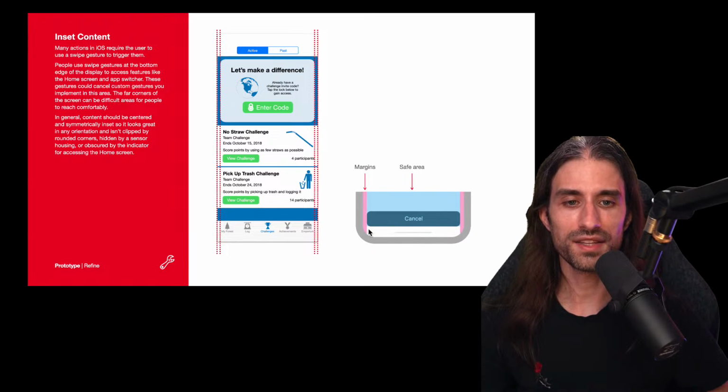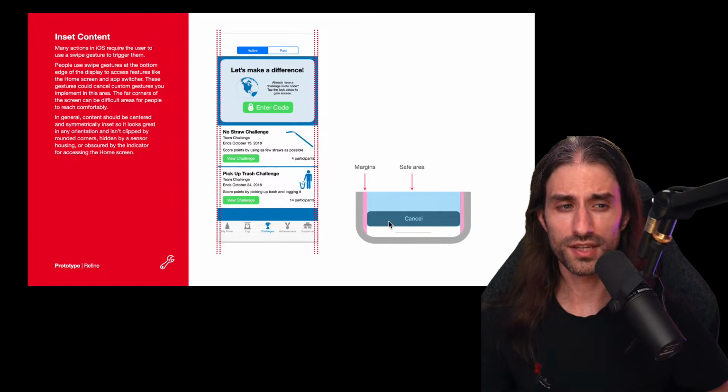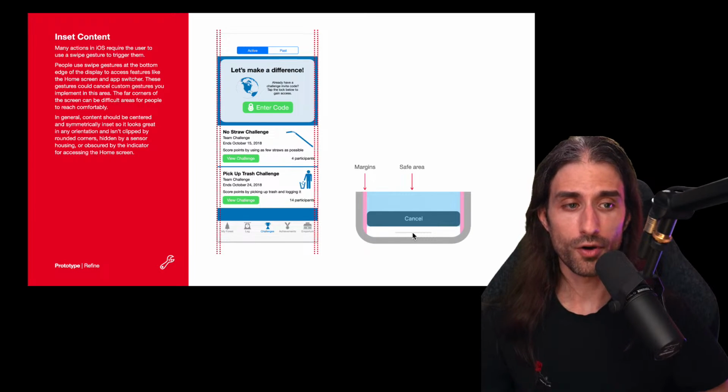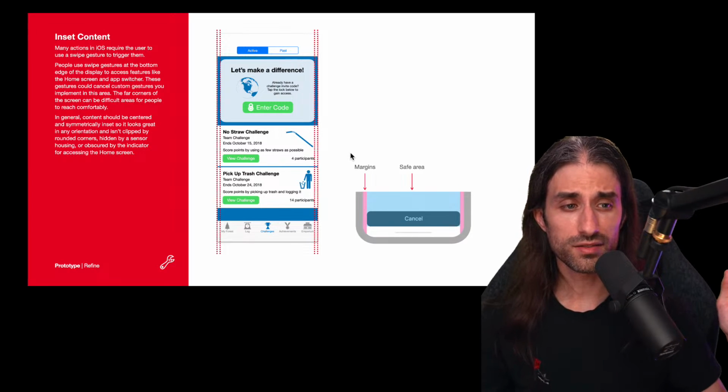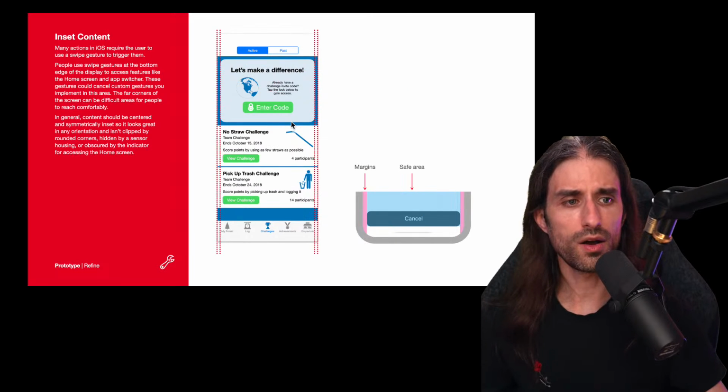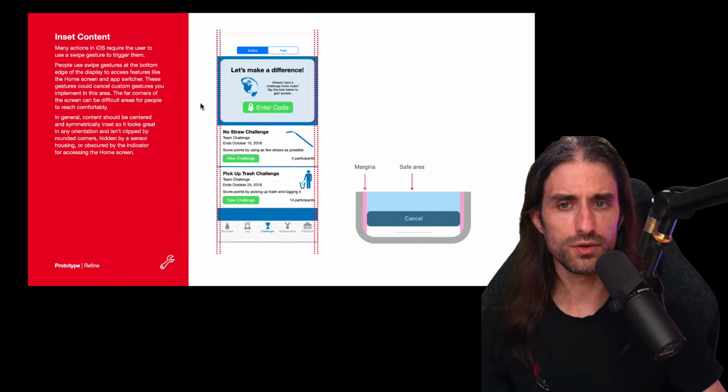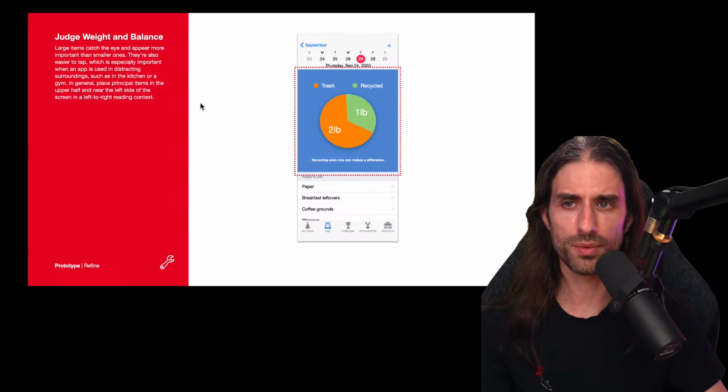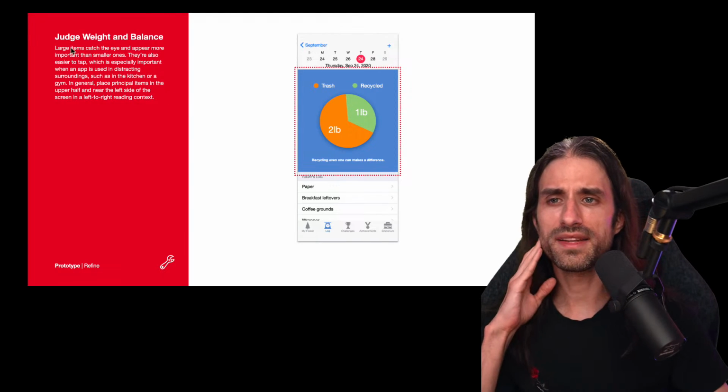And so you can see that there is this idea of, in blue, the safe area, and you can see that this part at the bottom of the screen is not part of the safe area, because you have this bar which will take priority. For a user, being able to exit your app is a high priority gesture, and it will always override any gesture in your app. And then you have the margins on the side, because if your text touches the sides of the screen, it's not visually pleasing, and it's not easy to read either. And these things are also laid out in much more detail in the human interface guidelines, which are available on Apple's website.